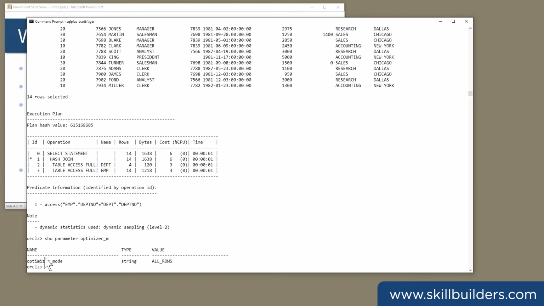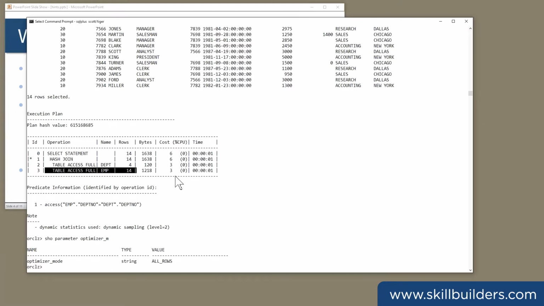Optimizer mode. The optimizer mode parameter defaults to all rows. That instructs the optimizer to generate plans that will run a query to completion as fast as possible. But you don't always want that. If the application involves human beings, maybe it's a form in a web application perhaps, what would happen with all rows? Well, while this is running, you're staring at a blank screen. And then suddenly, bam, all the rows appear. That's not a very nice user interface, is it? So maybe we should use a hint,